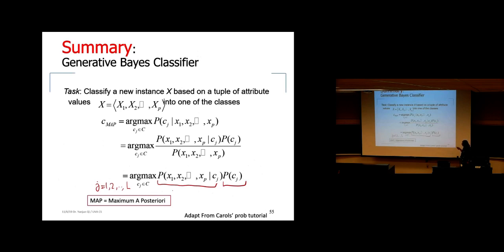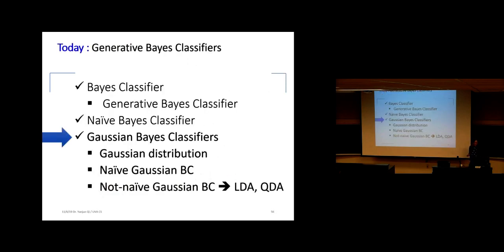To summarize, we are trying to predict using probabilistic models and the MAP rule. For the discrete case, the number of parameters to be estimated from the data is exponential in p. That's why we have a naive assumption to make the number of parameters linear in p. And next time we're going to talk about the Gaussian Bayes classifier, because here I'm assuming all the variables are discrete, either Bernoulli or multinomial variables. But how do you handle it when it's continuous, right? The most classic continuous probability for most